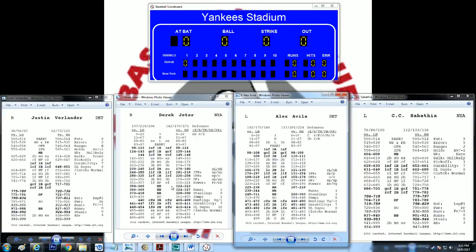Now again, I'm going really slow. I've been going for about an hour. We're on the bottom of the first inning, but that's basically because I'm talking about how to read the charts and all that. I think we would go a lot faster if I didn't have to do all that. But I want people to see and understand how to play the game as well. So